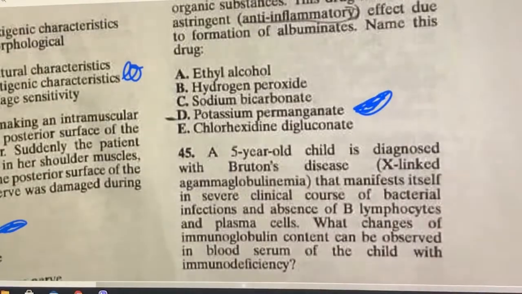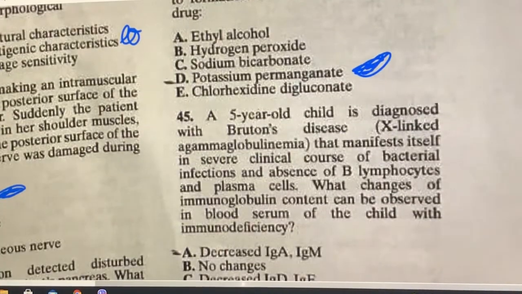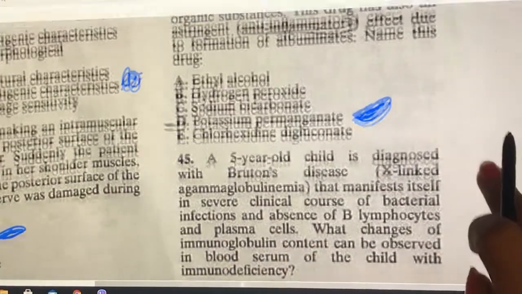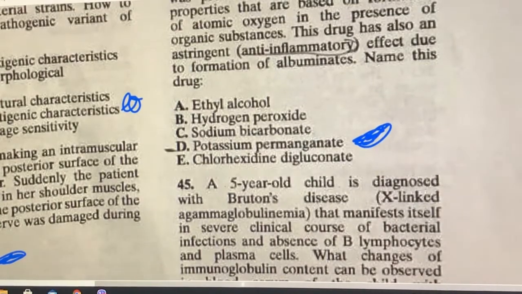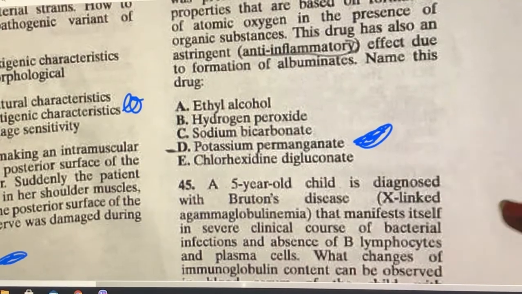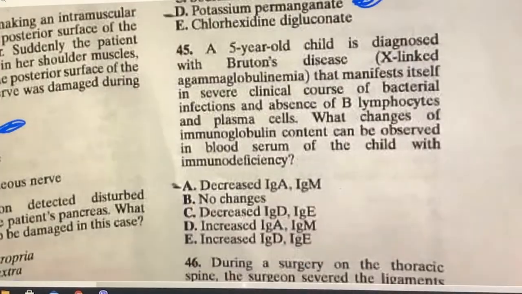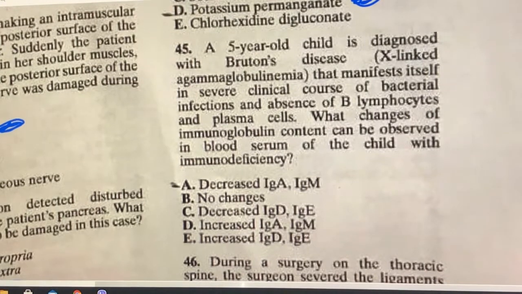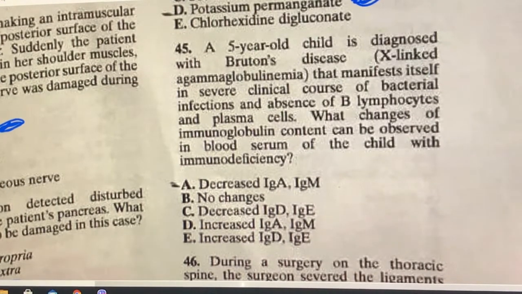Even, guys, if you skip one subject and you know other subjects, you can find this answer. Like if you don't know pharmacology, this anti-inflammatory thing and all that, but if you know chemistry, you can easily find the answer to this question. So you should focus on relating the concepts. If you don't know the answer to a question, don't skip it. Try to find the answer by mixing the concepts which you know and connecting the questions and the options.